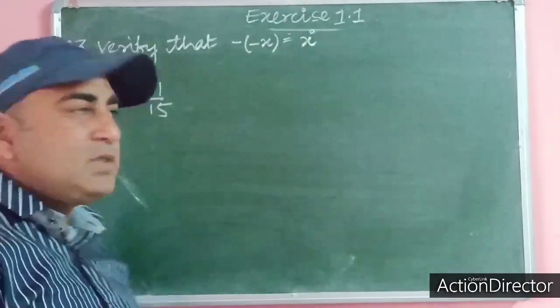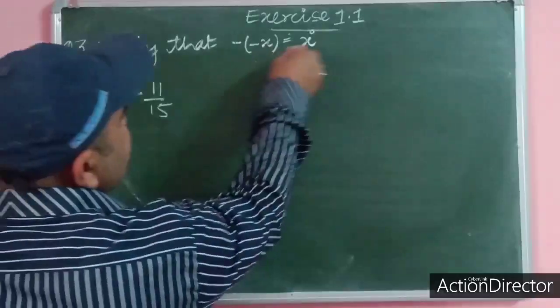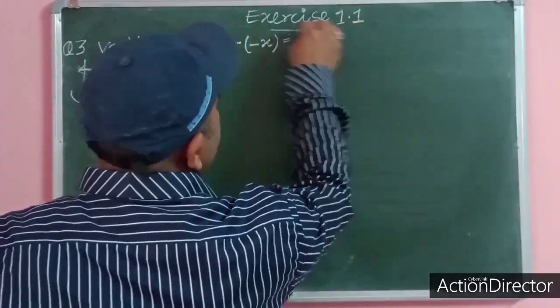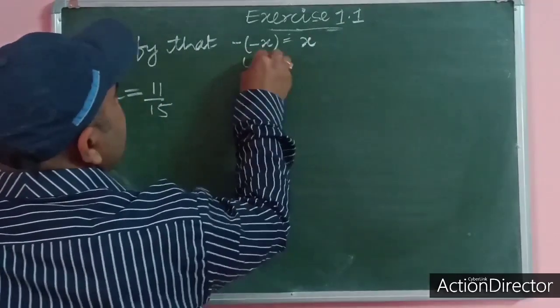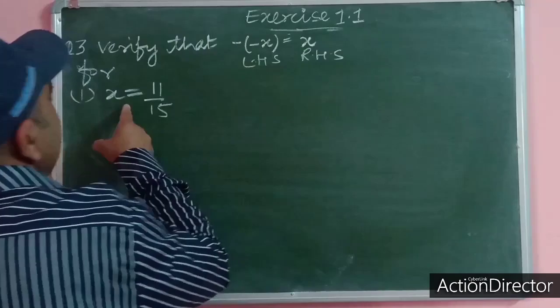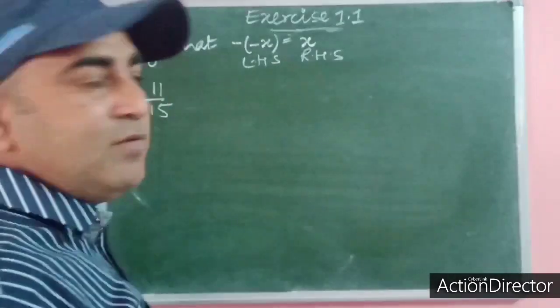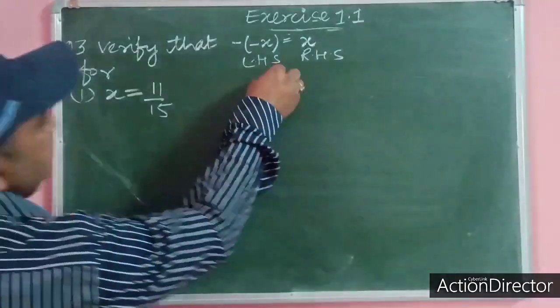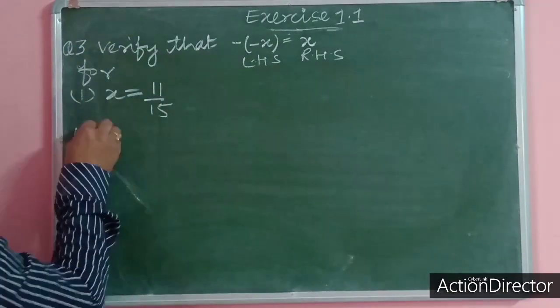Exercise 1.1, question number 3. Verify that minus in the bracket minus x is equal to x. Now this is the LHS part, this is the RHS part. The RHS part is given as 11 by 15. This is the RHS, so I take the LHS part. LHS is